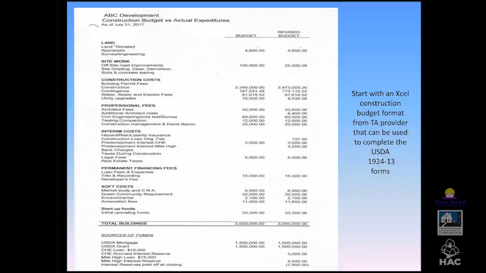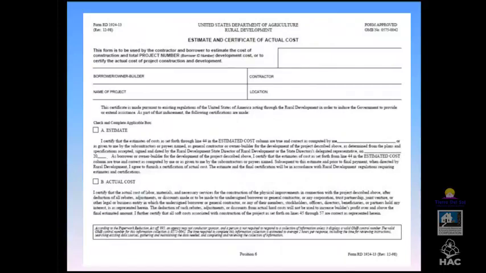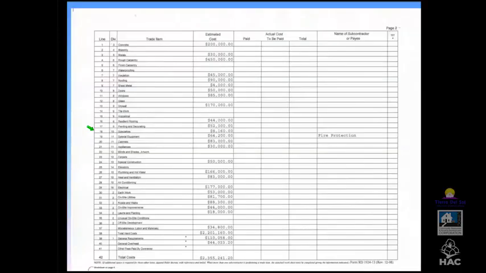Now, what I like to do, and we share this with nonprofits that the TA team is working with, is just use a standard Excel budget, because you can get much more detailed as to what you need for your construction costs. You're able to revise it, look back at what you had originally and how you've revised the budget. And then when you're ready to submit your application, you can transfer it onto something called a 1924-13. This is actually initially an estimate done by most likely your architect,